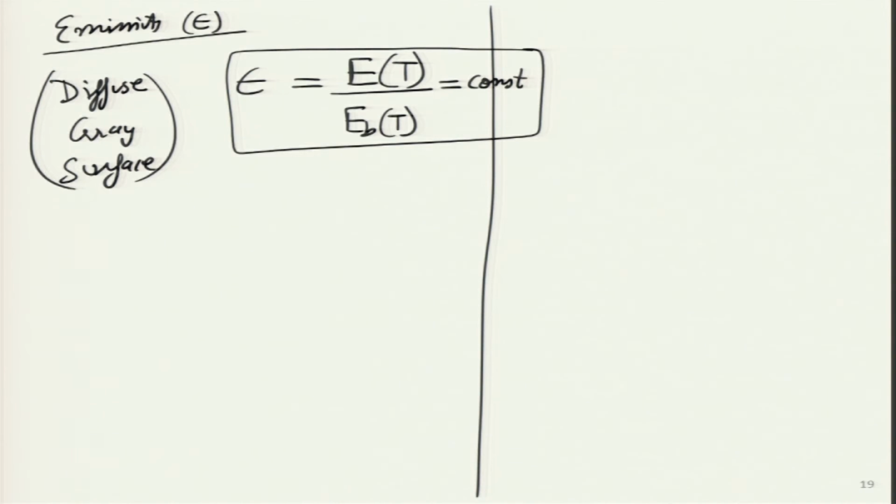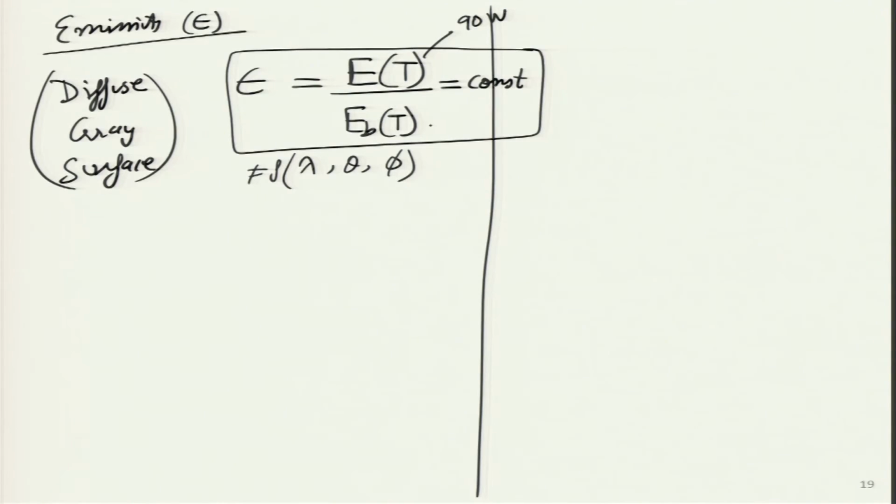Moreover, why am I calling it diffuse? There is no dependence on wavelength, no dependence on theta and phi. So, those two angles, the zenith angle and the azimuth angle, left and right, I am rotating. On these 3 parameters there is no dependence, then it means that for a given temperature my epsilon value is constant, and what is this epsilon? It is the ratio of the emissive power of my real body divided by, had it not been real, had it been a black body. So, it would emit even a little bit more.